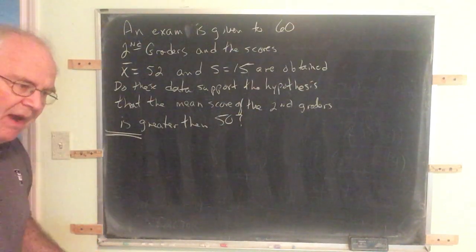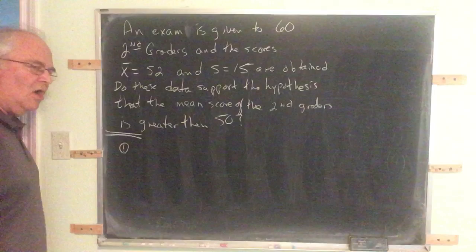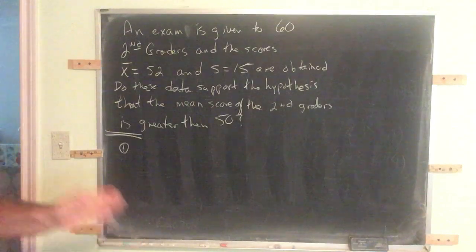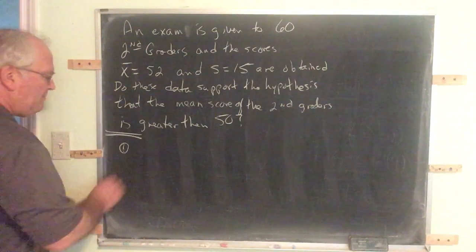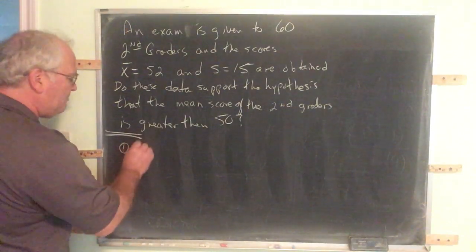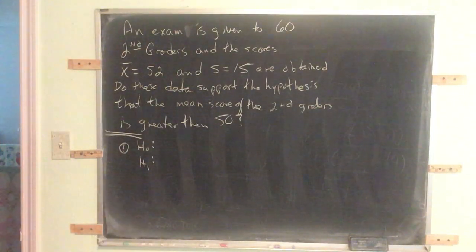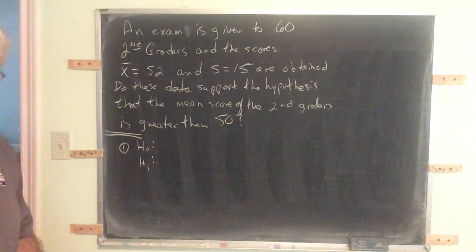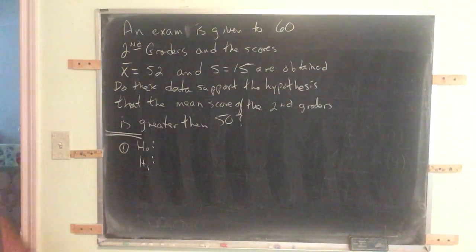Now, when you do hypothesis tests, every time you go through the 5 steps. You don't just start randomly writing things all over the place. You go through the 5 steps from Dr. Biersman of hypothesis testing. The first one is formulate the hypotheses. So we have the null hypothesis and the alternate hypothesis. Remember, the null hypothesis involves equality somehow. The alternate hypothesis must involve inequality. Very often, but not always,